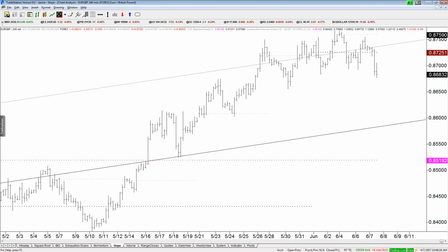And if we look at where euro and pound are in their respective positions, with euro, we think it's in like a fourth wave and it's going to be kind of contracting for a little bit, right? So it doesn't mean the euro is going to tank, but it means the euro could drop 100 pips from here and just consolidate. Whereas the pound